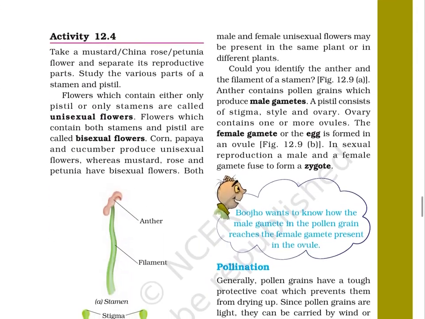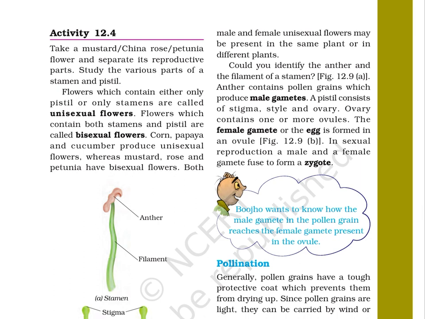Page 137. Activity 12.4. Take a mustard or China rose or petunia flower and separate its reproductive parts. Study the various parts of a stamen and pistil. Flowers which contain either only pistil or only stamens are called unisexual flowers. Flowers which contain both stamens and pistil are called